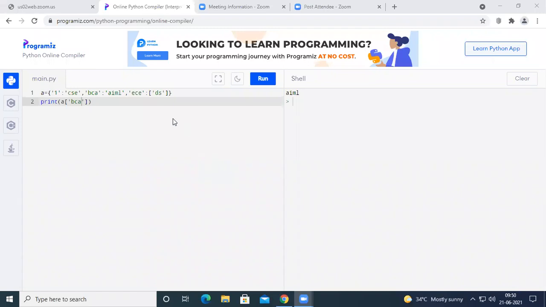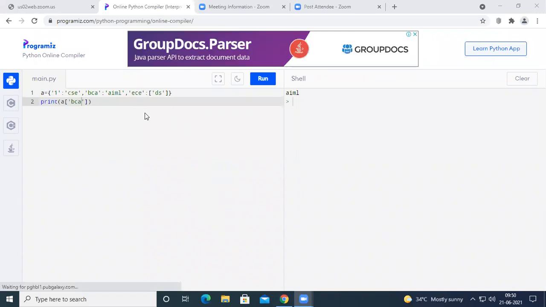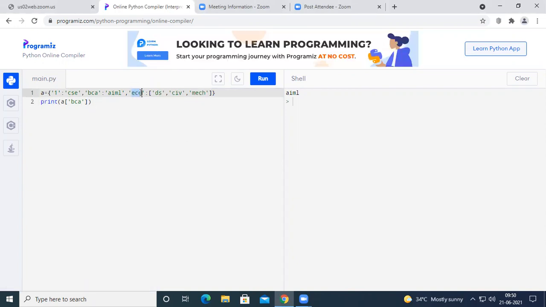One more thing is that we can have a single key for a list of items. For example, instead of writing DS like this, if I maintain a list here, and this list contains multiple elements, for example DS, CIB, MEC, then ECE will act as a key for this entire list.